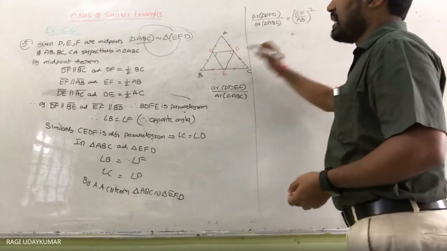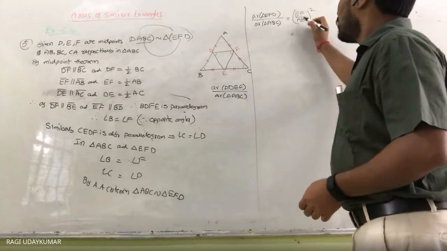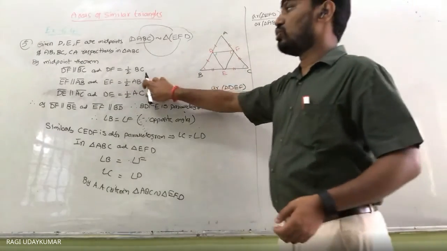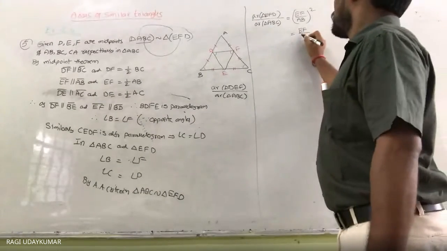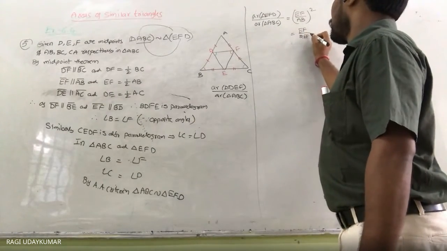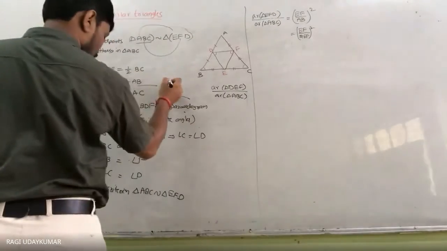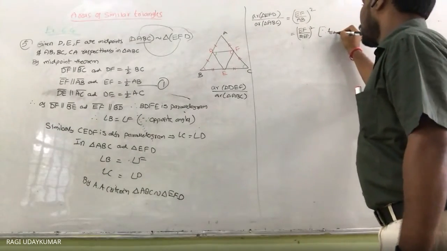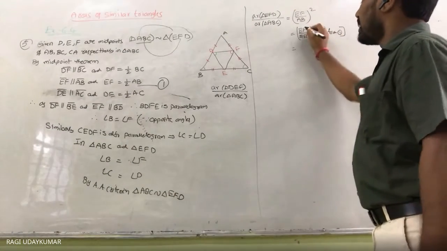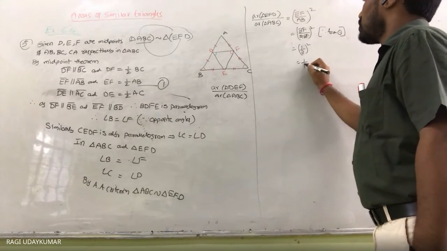So what is here? EF is equals to half of AB. Or AB is equals to 2 times of EF. So you can write here EF by 2 times of EF whole square. Just is for number 1 दे दो. Here you write from 1. So what you get here? EF will get cancelled. 1 by 2 whole square will get, which is equals to 1.